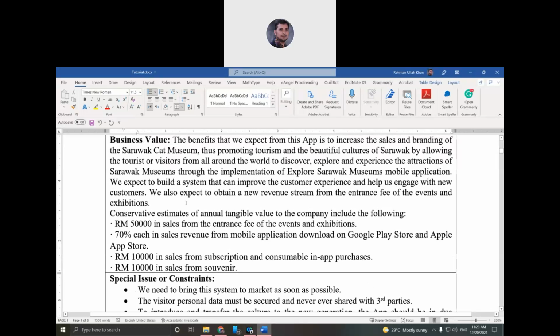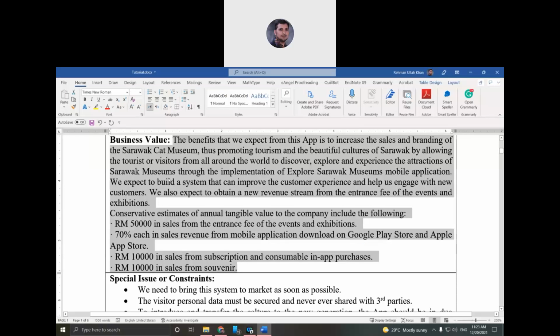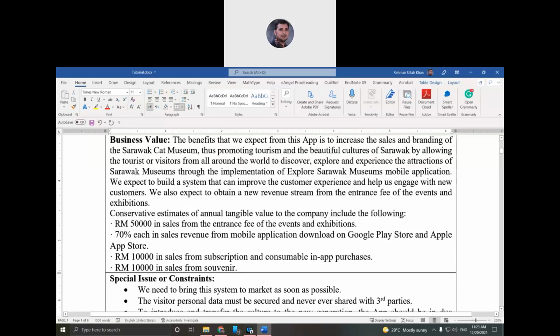Okay, so the business value means, as I told you from the very beginning, that there are two points. Most of the time we are using the word business, but actually some organizations are not business oriented. At that time this may be organizational value. Okay, like business value and organizational value.